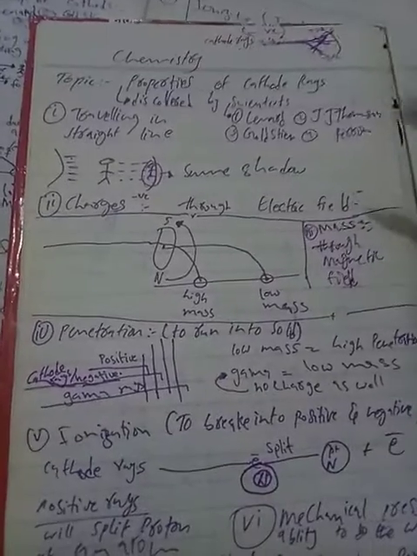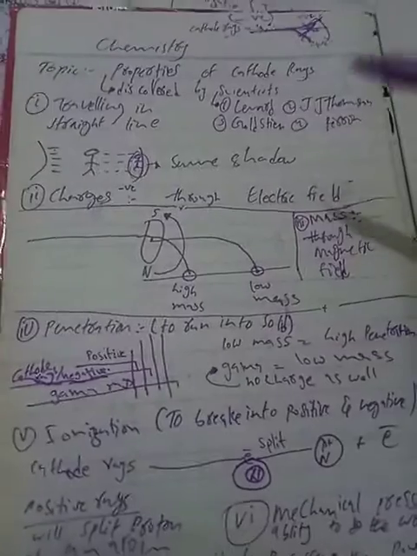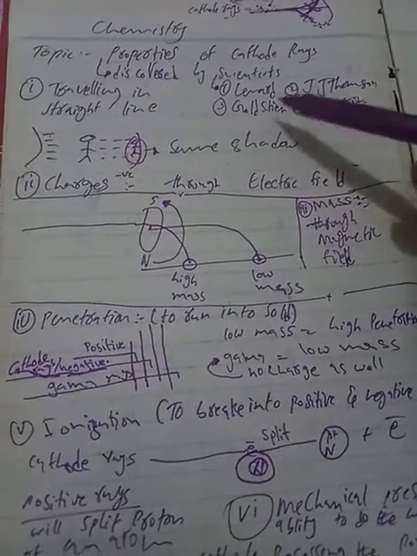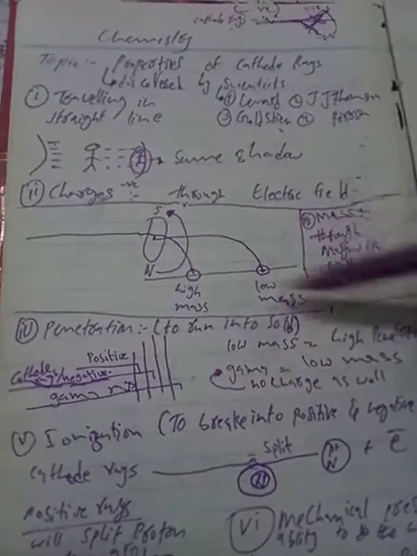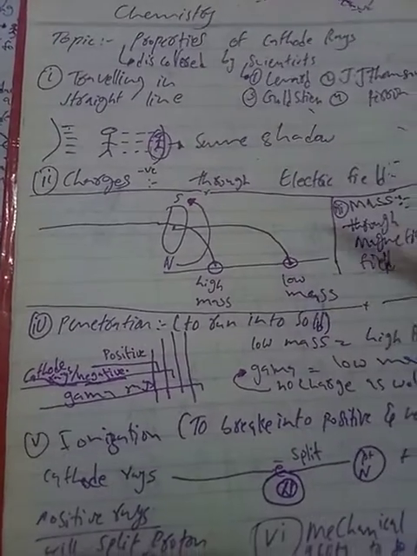So, starting with the discovery of cathode rays. It was discovered by Leonard, Goldstein, J.J. Thomson and Perrin. They all together discovered these properties, and the first property of cathode rays is traveling in